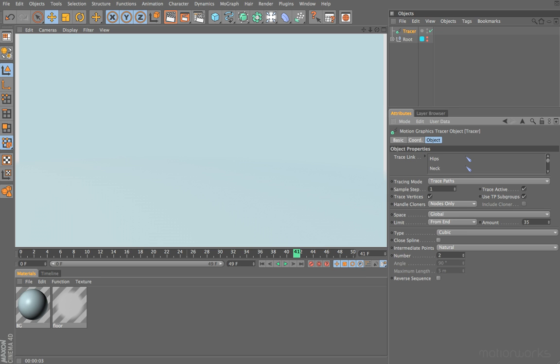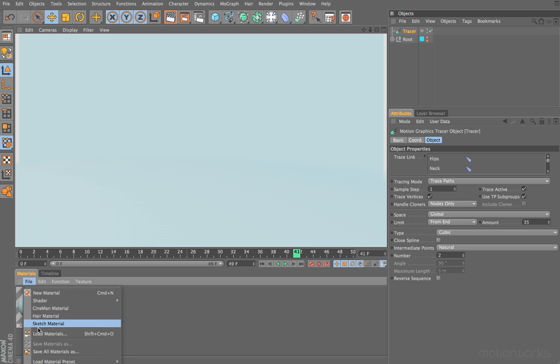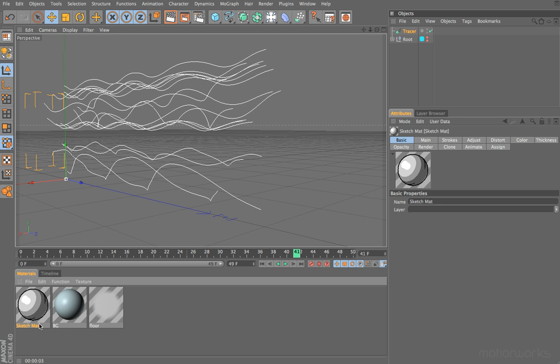There's quite a few different ways of generating geometry from splines within Cinema 4D, but before we have a look at that, let's just have a quick look at one of the alternative methods of generating a kind of render result. And what we can do, if you have the module, is we can use Sketch and Toon. So I'm just going to come to the Material Manager and choose File, Sketch Material. And now if we render,